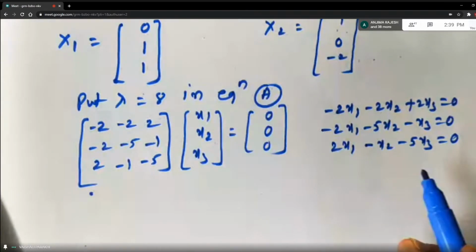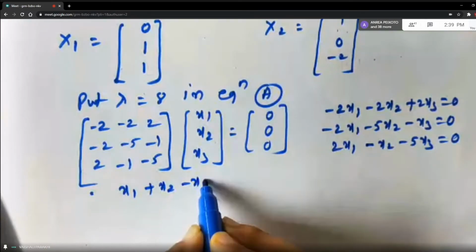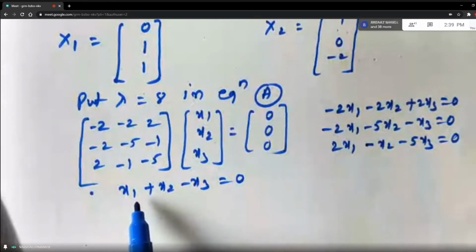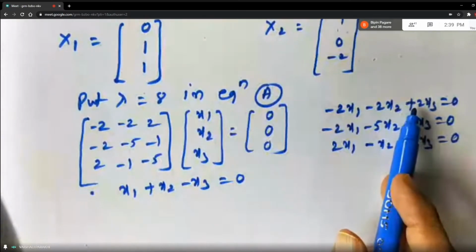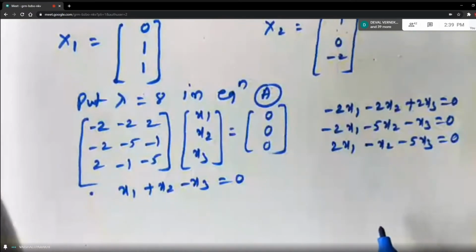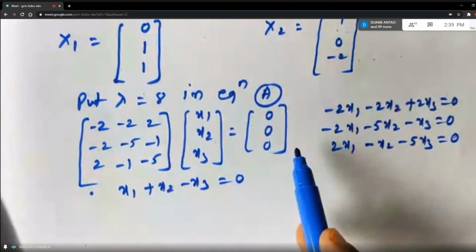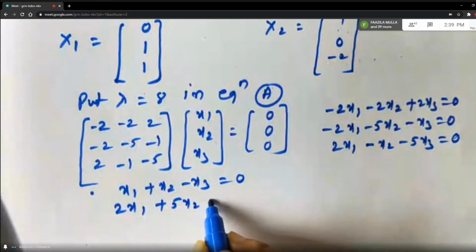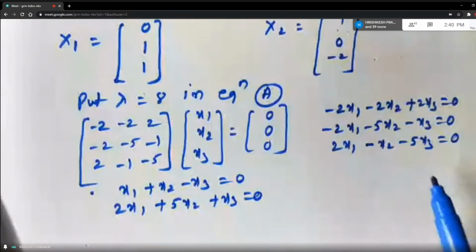You can try with different equations. I am taking first equation, but at the same time what I am doing now, students, I am dividing whole equation by minus 2. So I am getting x1 plus x2 minus x3 is equal to 0. Why minus here? Because I am dividing equation 1 by minus 2. This is not compulsory step. You can take the equation as it is. And second equation, all terms are negative and the right hand side is 0. So I can multiply whole equation by minus 1. So minus will become plus. Right? If you want, you can take first and last equation also, last two equations also.